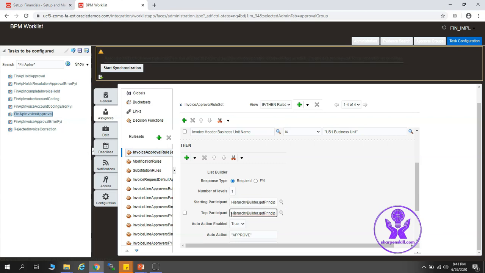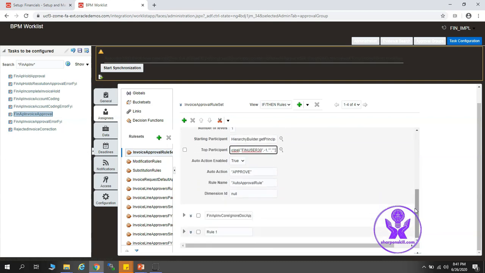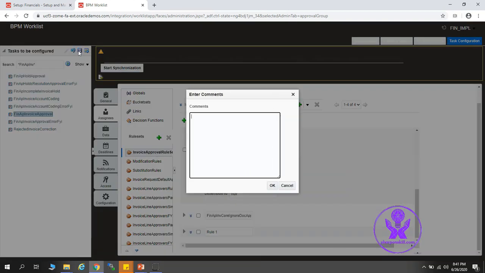And then get principal, fin user 30, is a system administrator user. Then auto action enabled is true since we wanted to make it auto approved. And the outcome of that auto action is approve. And this is the rule name that is shown over here. So I'll click on save now. I'll give save 1.